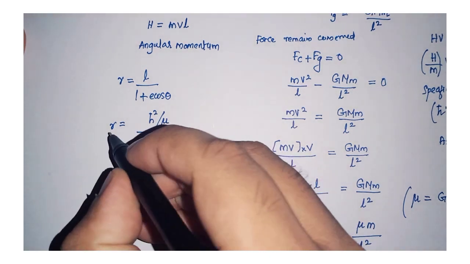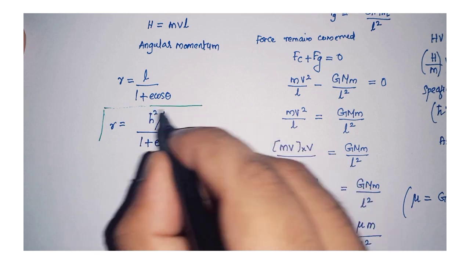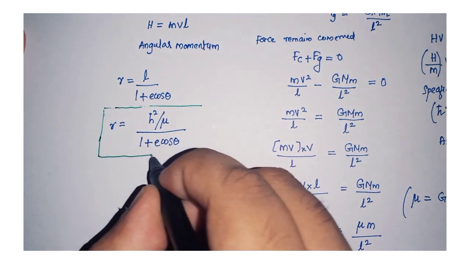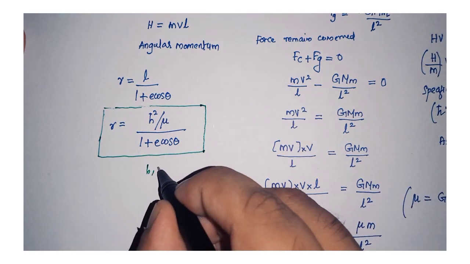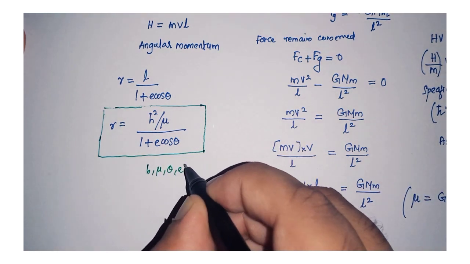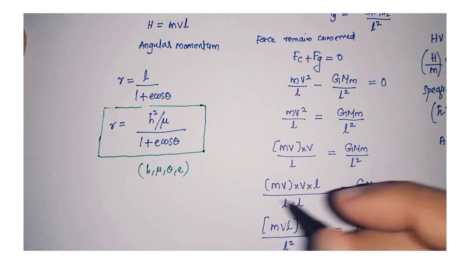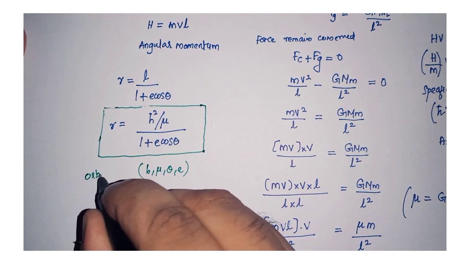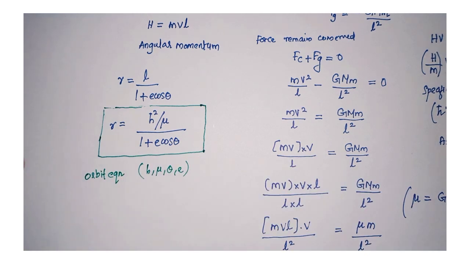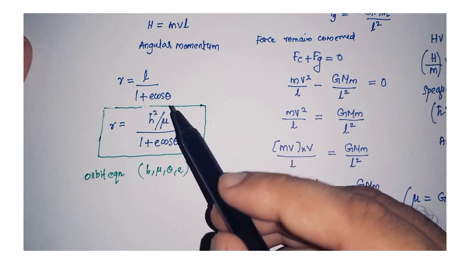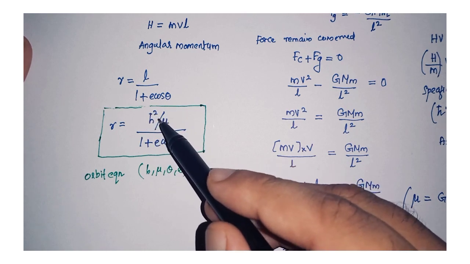Okay, now this is your orbit equation in terms of h, mu, theta and e. So this plays a very important role in determining the speed, determining the position vector, or in fact the position at which the planetary bodies are evolving. So at every angle of theta, at every angular momentum speed, this is going to be a